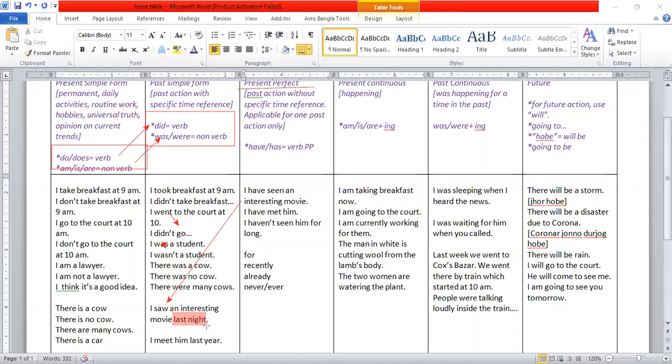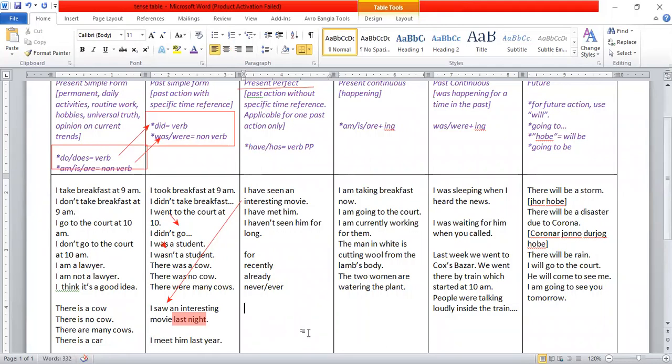But if you don't mention last night and it is one action, then I have seen an interesting movie. I have met him. I have seen him for long. So words like for, recently, already, never, ever, they also come for present perfect tense. But it should be one action. What do I mean by one action? The moment you